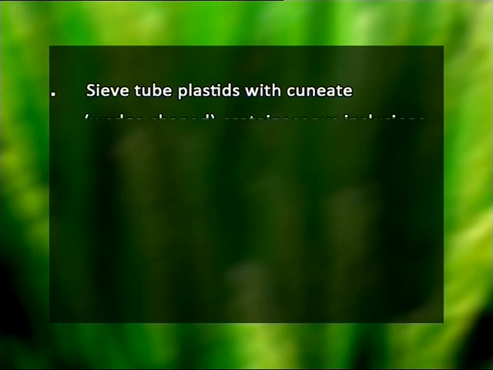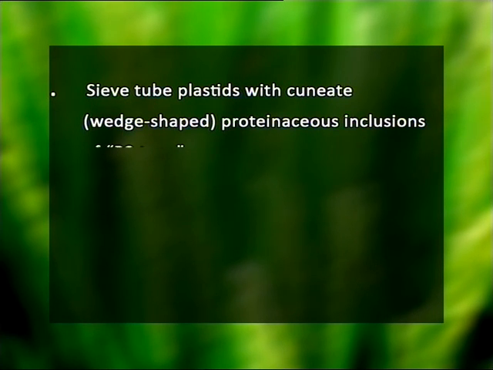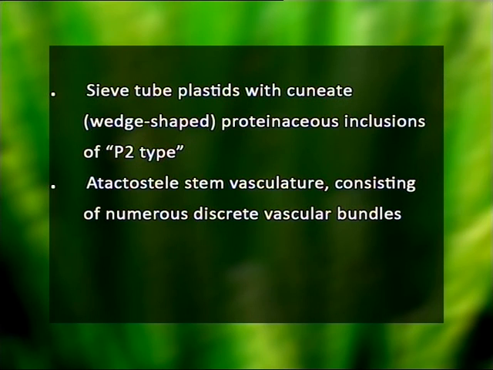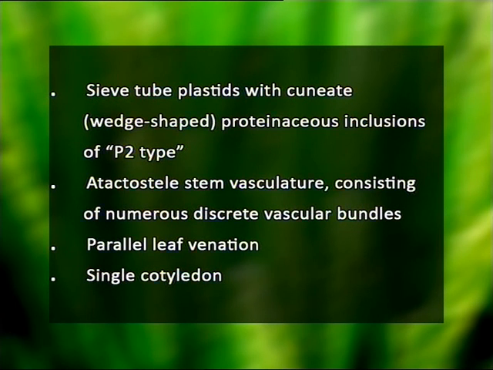All the members of the monocots are characterized by a few apomorphies. That means some features which are common to all the monocots. Number 1, sieve tube plastids with cuneate, meaning wedge-shaped, proteinaceous inclusions of P2 type. Second apomorphy is atactostele stem vasculature. What is this atactostele stem vasculature? It consists of numerous discrete vascular bundles. Third apomorphy is the parallel leaf venation, and the fourth one and the most obvious one is the presence of